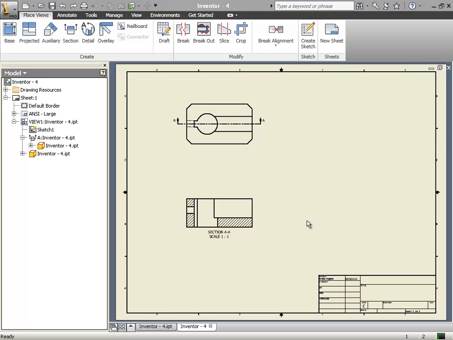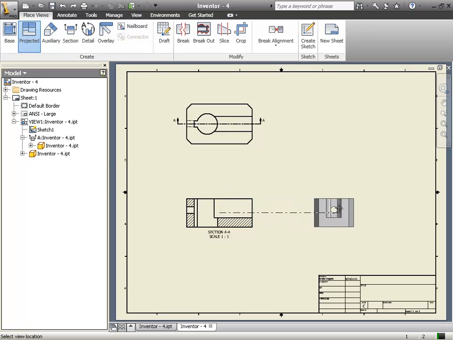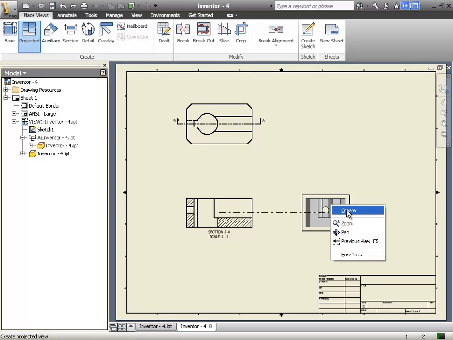Okay, for the right side view I want a regular orthographic view with hidden lines, so I'm just going to use the projected option and click on the front sectional view, and then this will allow me to drag the right side view out to where I wish for it to be. And once I have it in position, I'll right click, hit create,